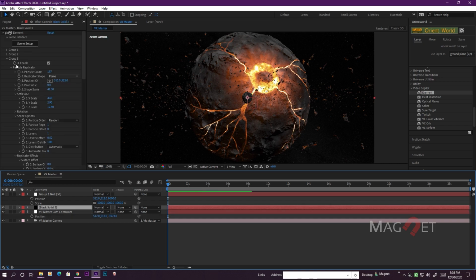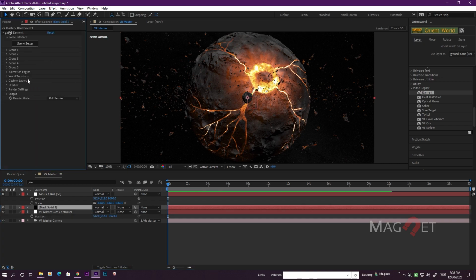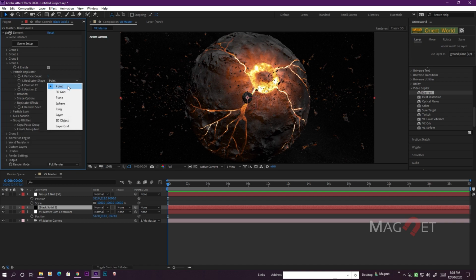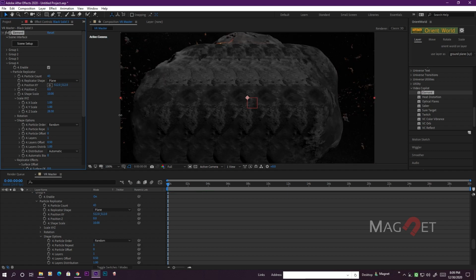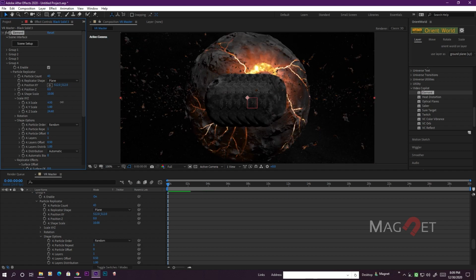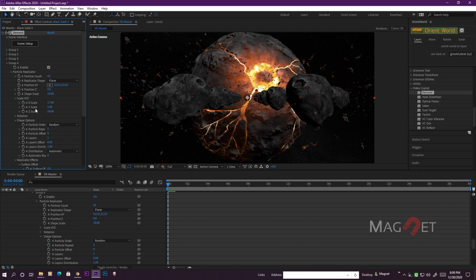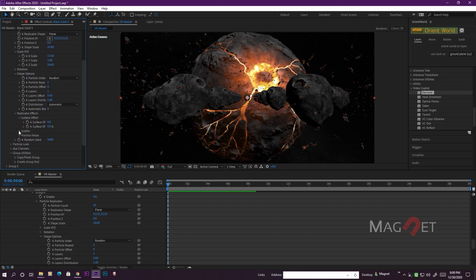Okay, so now we change our settings for our asteroid. Our asteroid is placed in group number 4. So go to group number 4 and go to its particle replicator, and also change it from point to plane and increase the count like this, and also increase the Z scale value as well as the X scale value like this, and also go to the scatter option and we scatter it